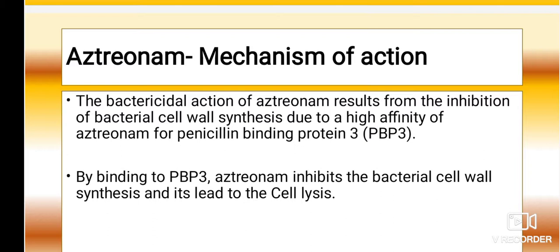There is a formation of pores in the cell wall. Due to the formation of pores, unwanted particles can enter inside the cell, so they develop toxicity inside the cell. The bacterial cell wall is unable to maintain homeostasis. These are the different reasons by which cell lysis takes place, and the main reason is the inhibition of cell wall synthesis. A faulty cell wall is synthesized, which cannot maintain homeostasis.